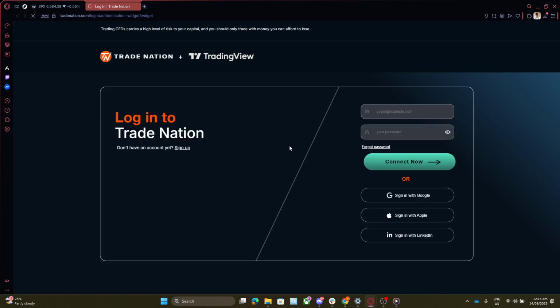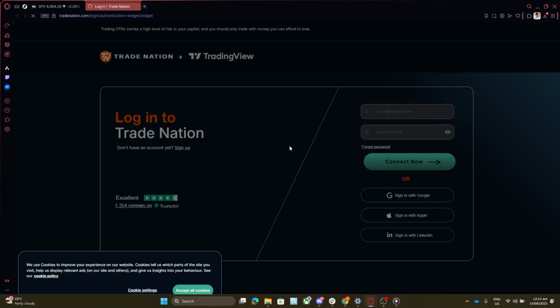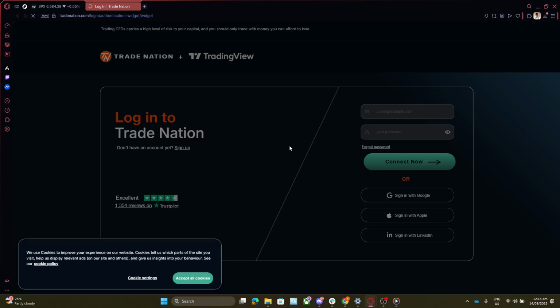With your accounts connected, any trades or analyses done on TradingView can now be executed in your Trade Nation account with the efficiency and convenience of just a few clicks. It's all about enhancing your trading experience by making your analysis and execution as seamless as possible. Remember, this powerful